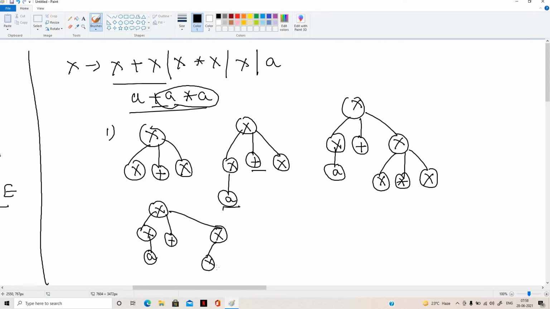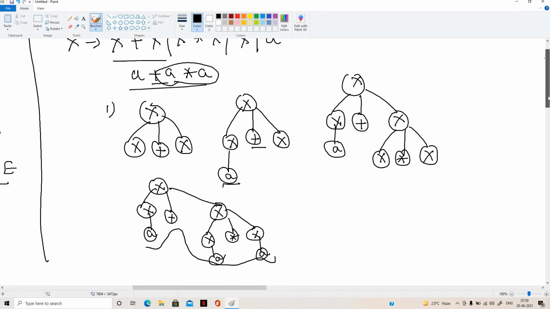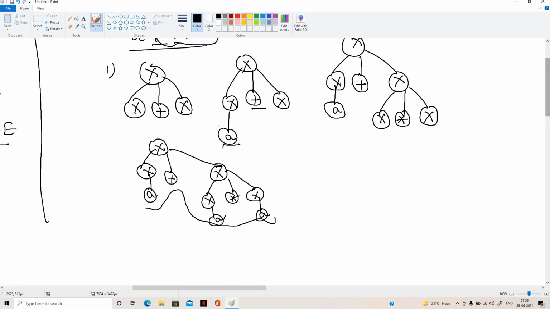So it has x, then further we go with a, it has a star, next it has x, and further we go with a. So now I am going to add these leaf nodes only. When I derive from left to right with these leaf nodes, I can get the string a plus a into a. This is the string which I derived from left to right.